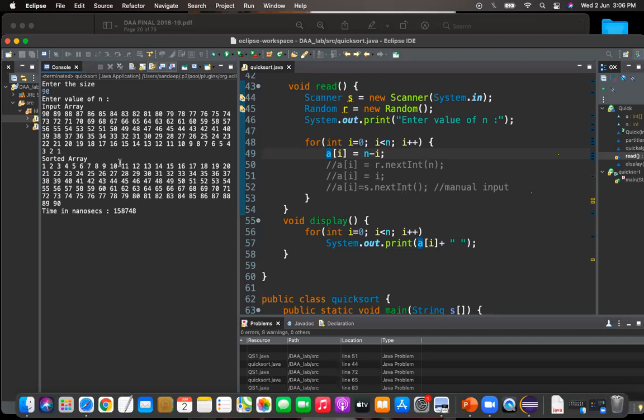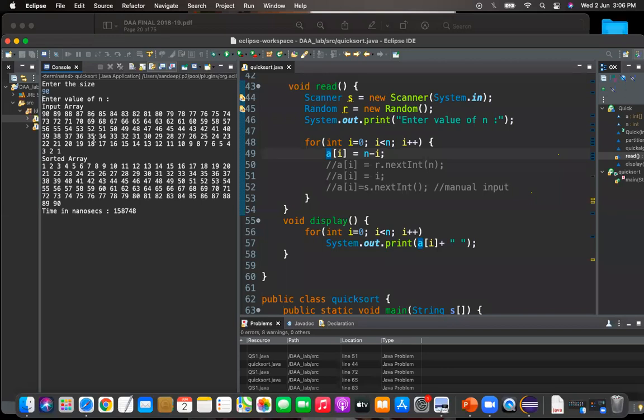Again, while giving random elements, if the computer, while generating the elements itself, produces them in decreasing order, then for a random array also it will give the worst case. See, the random function may give the input in whatever way it wants. Okay, be careful about that also. While giving random elements as input, sometimes it will take more time because we are generating it randomly. But if you give input on your own, then it will be better.